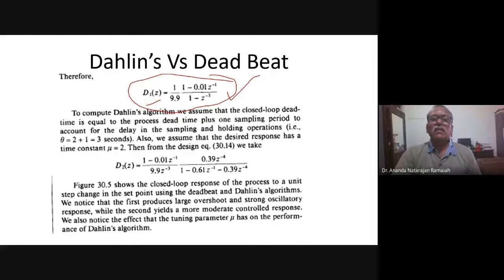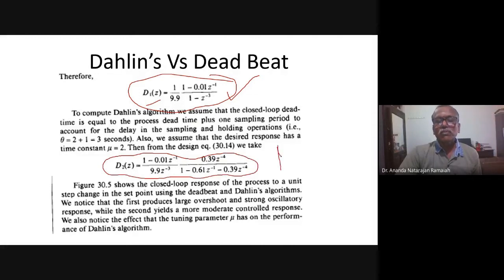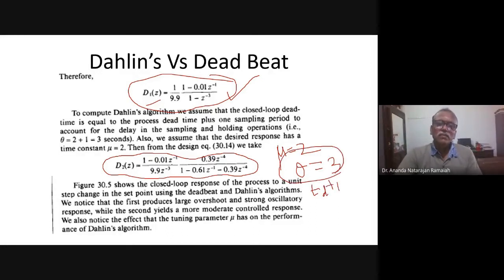So this is the controller based on deadbeat. This is the controller based on Dahlin's. In that, we assumed mu equal to 2, and the dead time we assumed is theta equal to 3. Already I said theta you should assume TD plus 1. That's why theta is assumed as 3 seconds, and mu is 2. For that, if you design, this is the controller, 1 by HGP of Z multiplied by